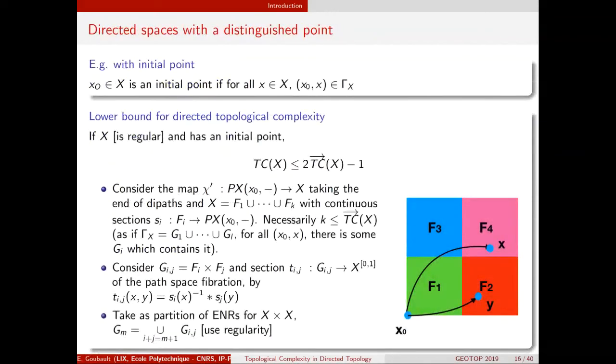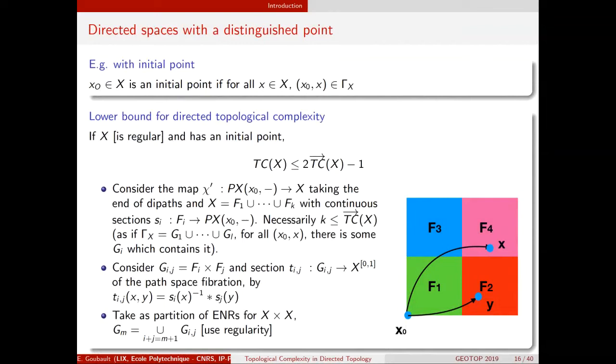So now there's another simple case in which you can compare things a bit more: initial points in your directed space. An initial point in a directed space is just some distinguished point x0, such that you always have a directed path, a means to go from x0 to all x in X. And in that case, you can prove, under some minor assumption which I don't detail here, that the classical topological complexity of X is less than 2 times the directed topological complexity of X